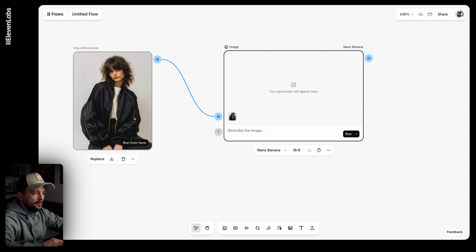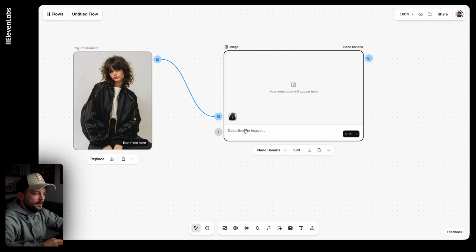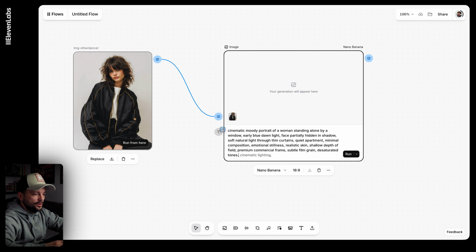And here I will steal my prepared prompt for the first shot, which is a female character standing by a window in early blue morning light, still, introspective. So I will copy this part and paste it here, which is the prompt for the content of